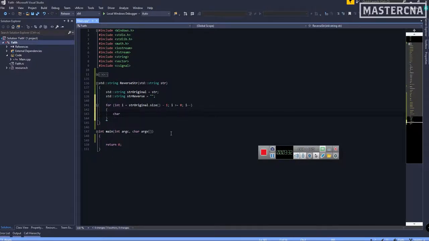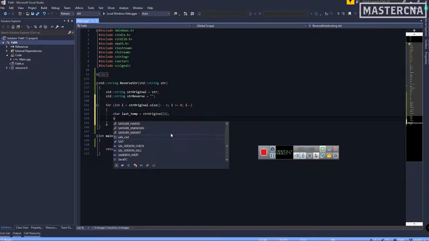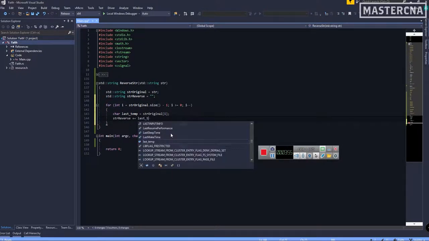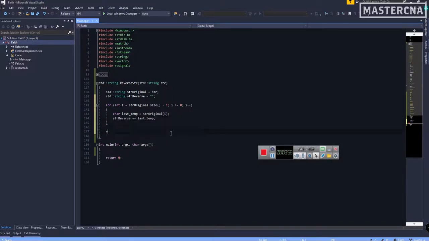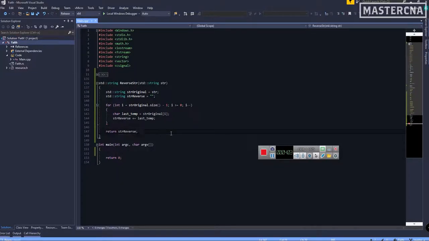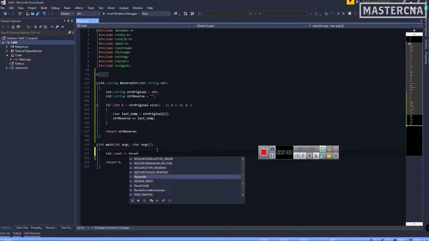Then we have to make a temporary character and call it last temp equals str original i, and then str reverse plus equals last temp, and then we should return the actual one, and we call it in main: cout reverse string